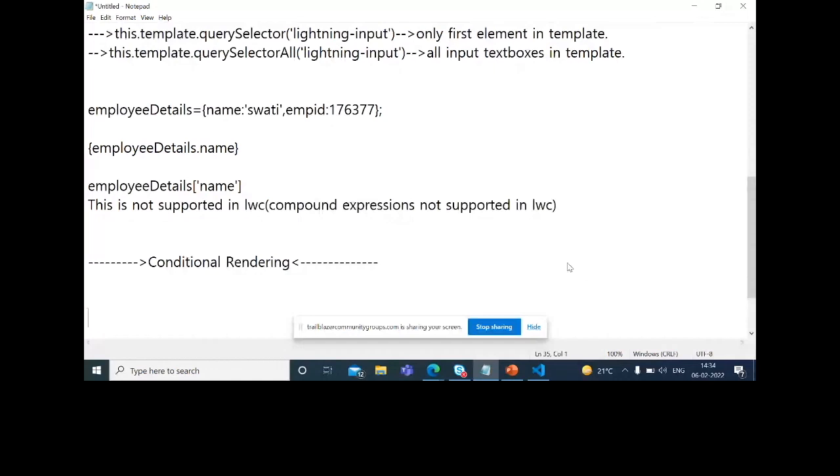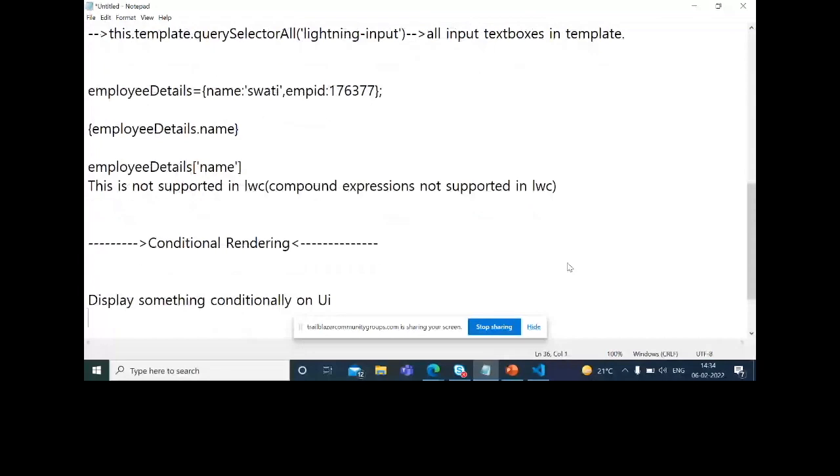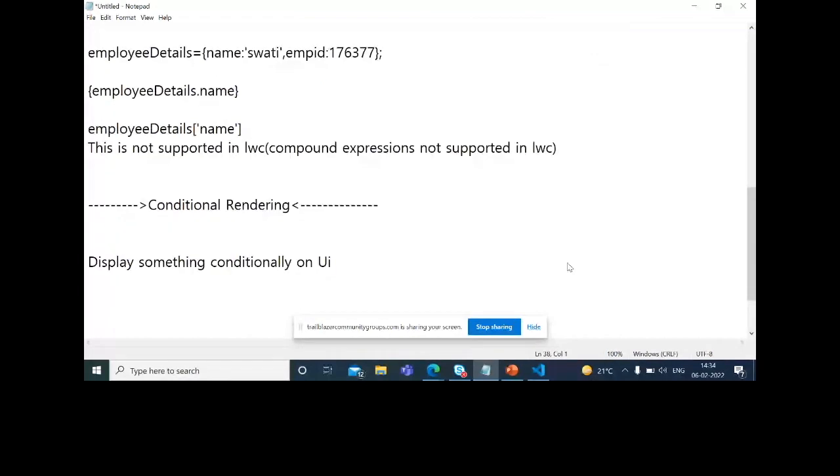But what if you have to display something conditionally on the UI? For that, we will go with conditional rendering in LWC.